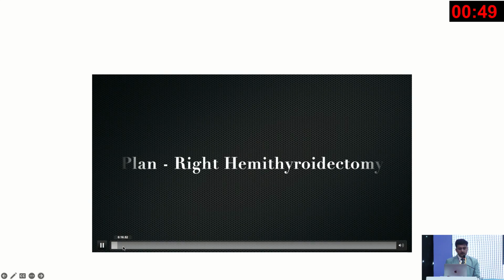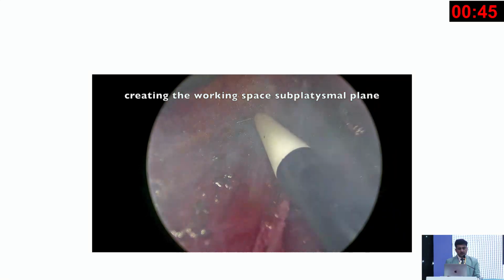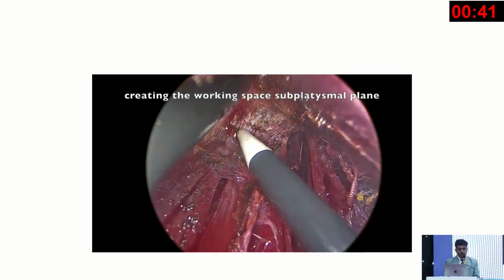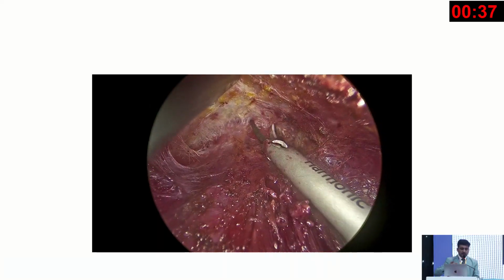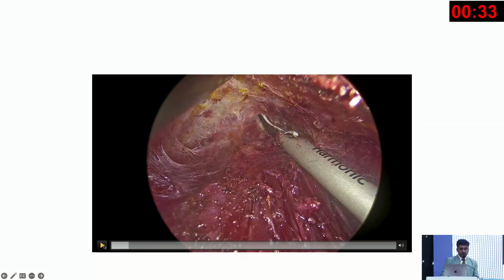It was a 45-year-old female with a Bethesda 5, so it was a suspicious papillary carcinoma. So we start with creating the working space. I have not included the port insertion part, just to be quick. So we are exposing the strap muscles and lifting the flap anteriorly. Wherever I am working right now is the foot end of the patient, that is towards the suprasternal notch, and I am coming from the neck, oral cavity side of the patient. This is left and this is right side, and this is the caudal part of the